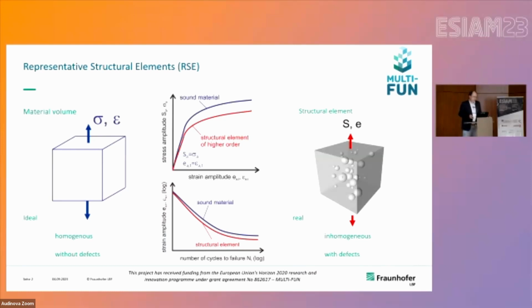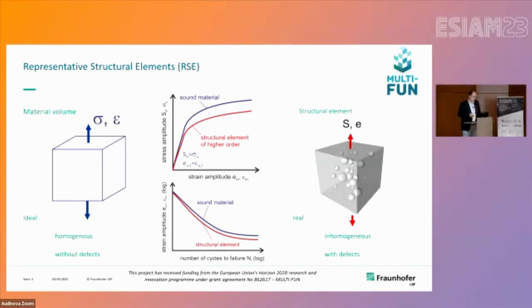For today, I think it should be enough to say the classical local approach deals with the material volume, which is ideal, homogeneous, and without defects. But in case of additive manufacturing, we just have more or less structural elements which are inhomogeneous and always have defects. Even if we use really small specimens, it's nearly impossible to achieve specimens with sound material